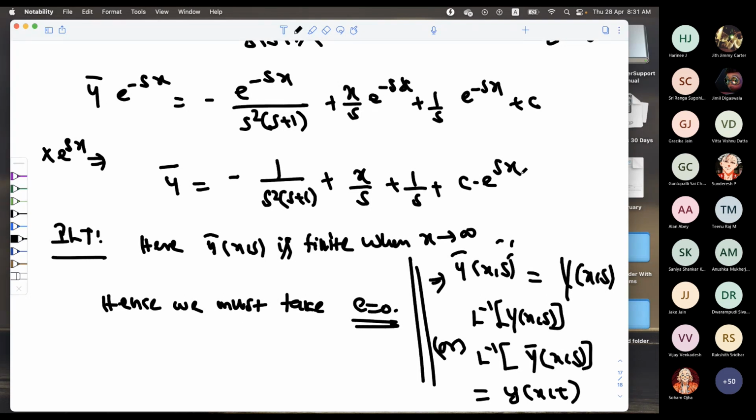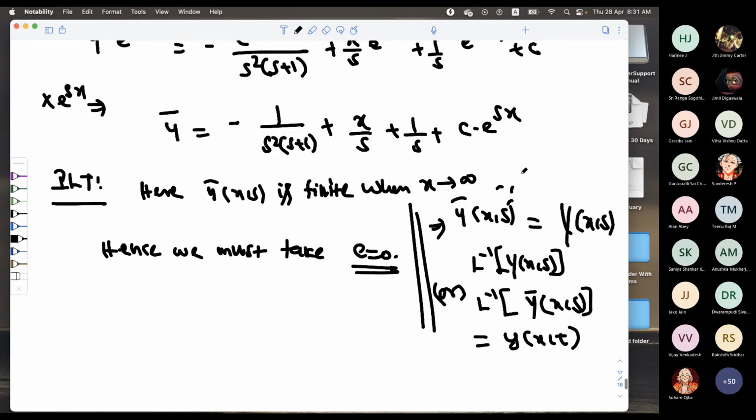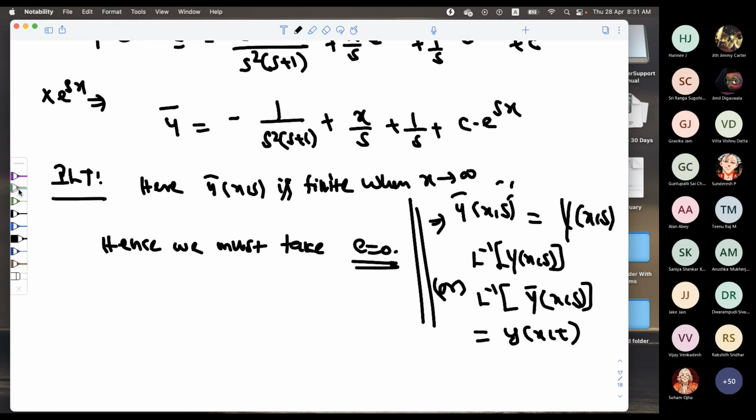Actually, the condition is that y of x comma t should be bounded when x tends to infinity, and it is of exponential order. So just apply the inverse Laplace transform. With that, the e raised to the power sx term we are going to make as 0. To avoid that, the remaining is y bar equals minus 1 divided by s square into s plus 1 plus x by s